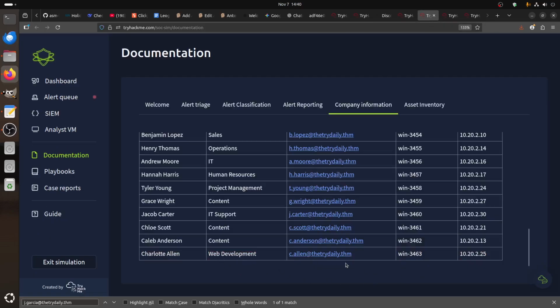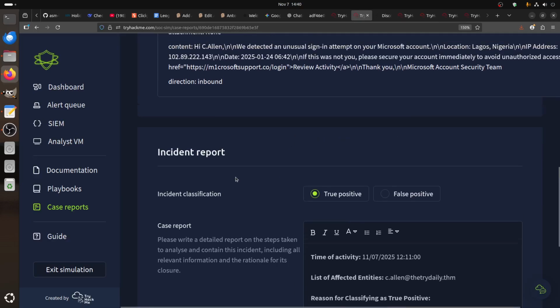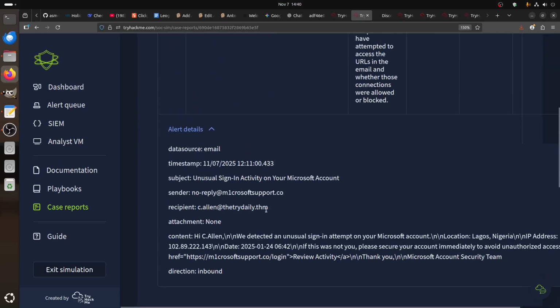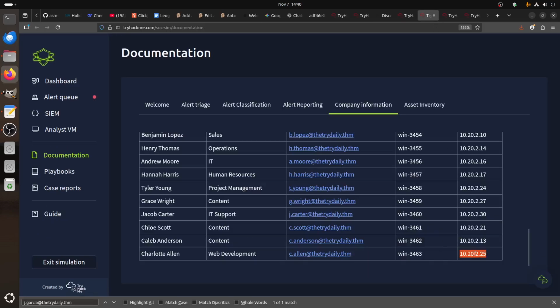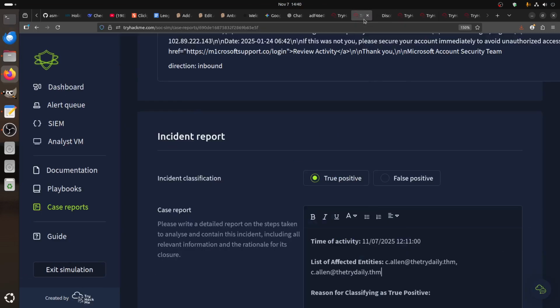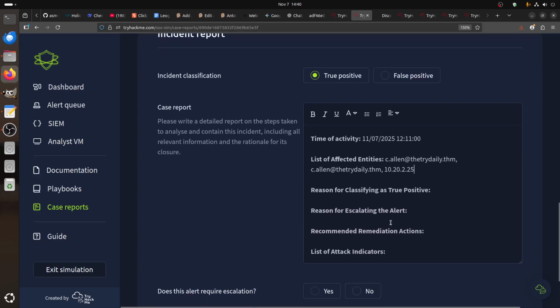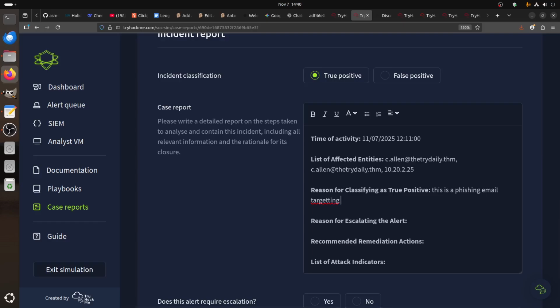It's a web development. We can do the email. We got the email directly from the CLN, so we can have that email. We can use that IP 225 to confirm with our logs. The reason for classifying as a true positive: this is a phishing email targeting